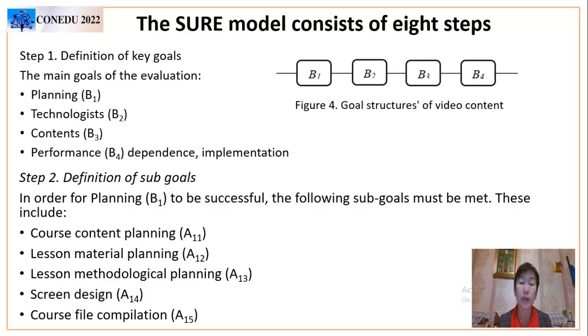Step 2, definition of sub-goals. Determining the steps that need to be taken to achieve the main goals is the step that defines the sub-goals. In order for planning B1 to be successful, the following sub-goals must be met. These include course content planning A11, lesson material planning A12, lesson methodological planning A13, screen designing A14, course file completion